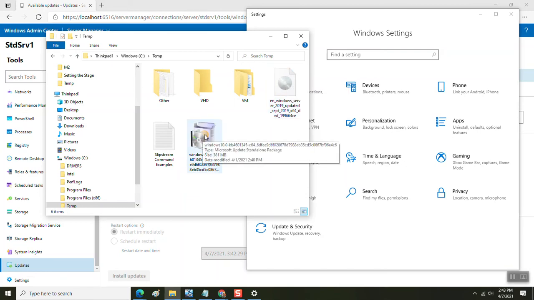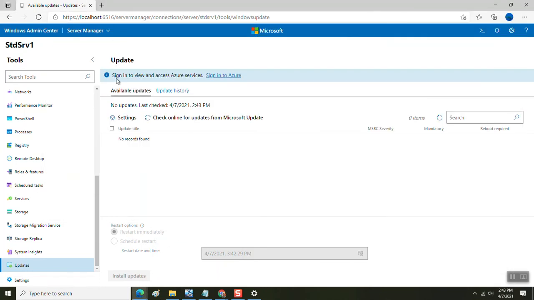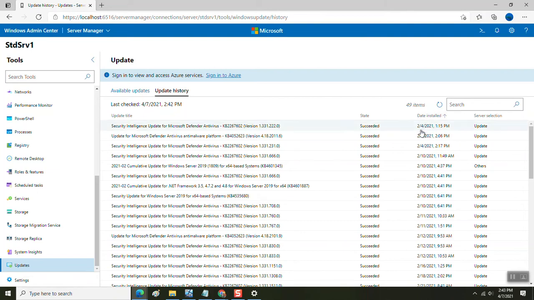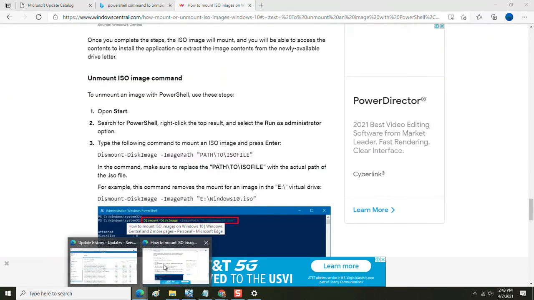One nice thing about this graphical tool is that it'll allow you to take a look at the update history. So if I have a newly installed system and I sort by the update install, you'll notice the very first things that load are security-minded antivirus and anti-malware, but then there's a very large cumulative update. So if you look at the knowledge base reference and then navigate to the Microsoft Update Catalog, you can actually